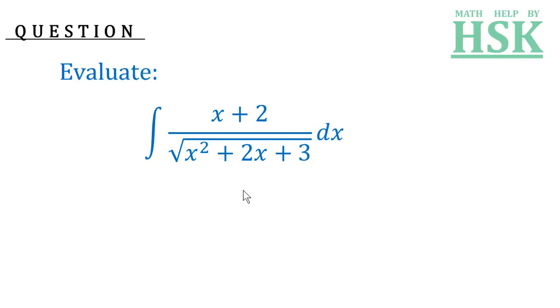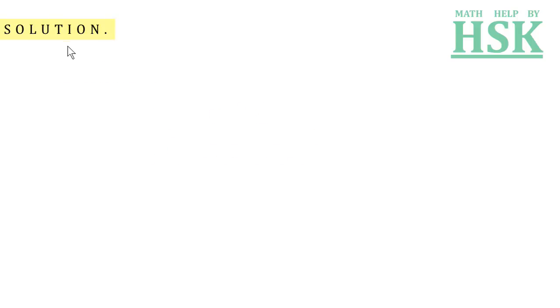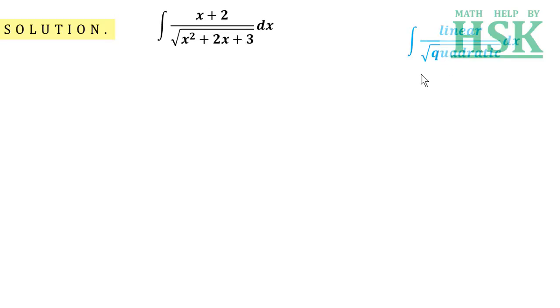The question is, evaluate the integral of (x + 2) upon the square root of (x² + 2x + 3) dx. Now to solve this question, first of all we look at this given integral. It is in the form of a linear term upon the square root of a quadratic term in the variable